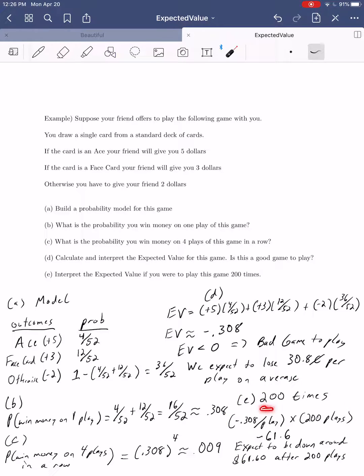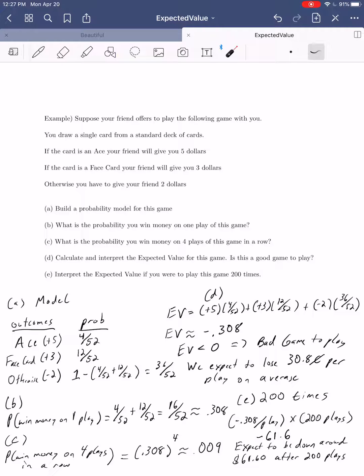If you sat down and you played this game 200 times, you do not expect to lose all 200 times. If you lost all 200 times, you would be down $400. If you got face cards all 200 times, you would be up $600. If you somehow got aces every time, you would be up $1,000 because 200 times 5 is 1,000. But we don't expect any of those things to happen. Instead, we expect you to get some aces, some face cards, and a lot of other stuff. After you winning and your friend winning and back and forth, we expect that after 200 plays, you would be down about